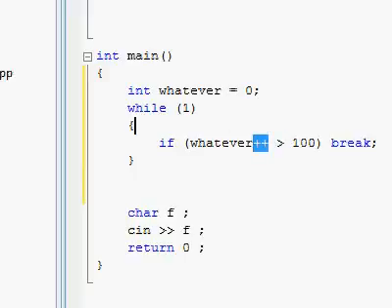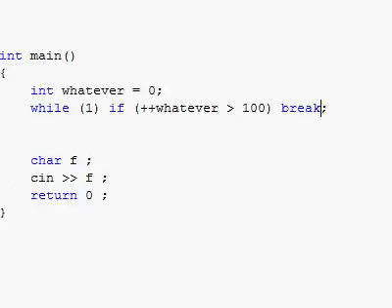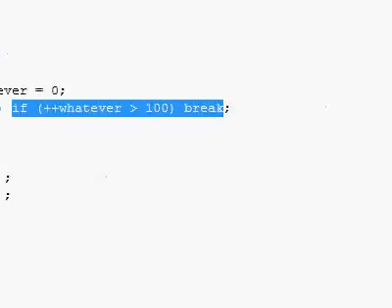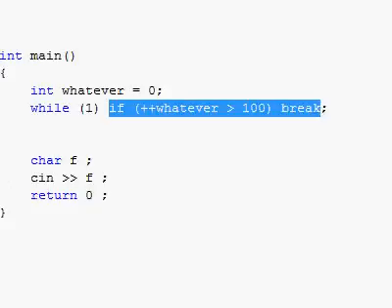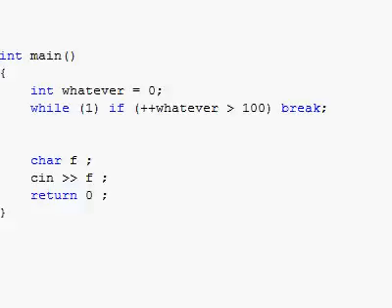If we put this obviously in the beginning of the whatever variable, then first this will be incremented, and then it will be expressed as an expression to be evaluated with this operation. And again, over here you don't even need an opening and closing brace for the body of the while loop. You could just leave it with the semicolon, and that takes care of it, because there's just one statement over here that's happening inside of the while loop,